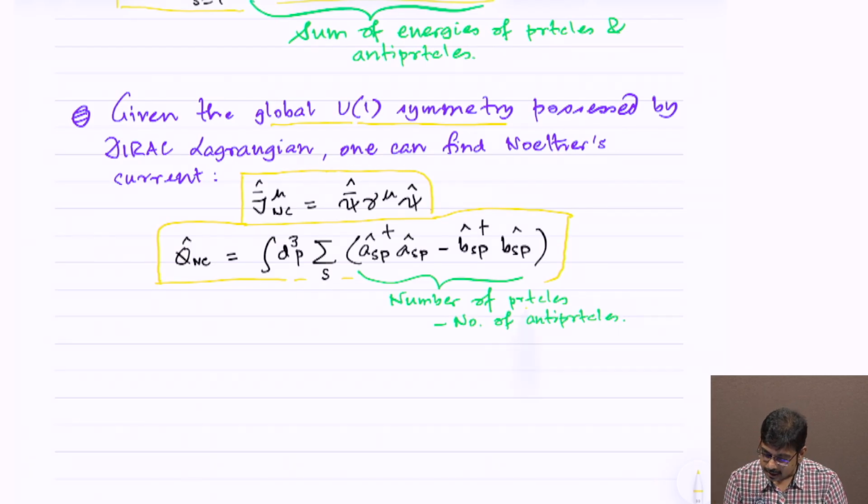So, number of particles minus the number of antiparticles, this reflects the charges being swapped for the particles and antiparticles. That is an interesting part of the story, but you can also do this calculation explicitly using the quantum operator expression of the field values psi and psi bar, which we did. But the bottom line is, after this whole exercise that we have done here, we can basically say